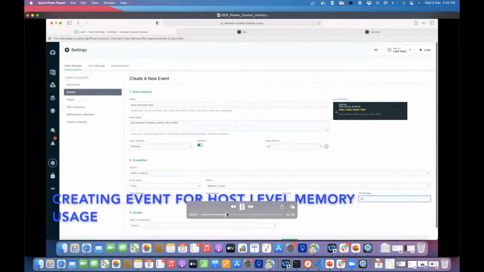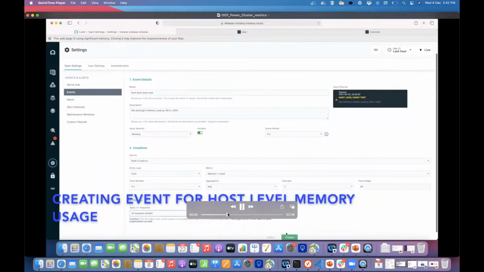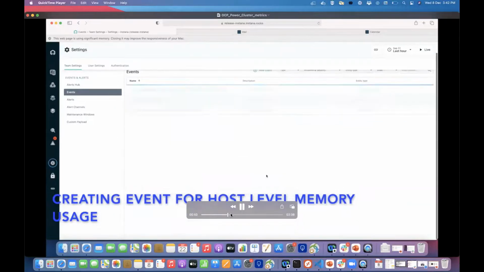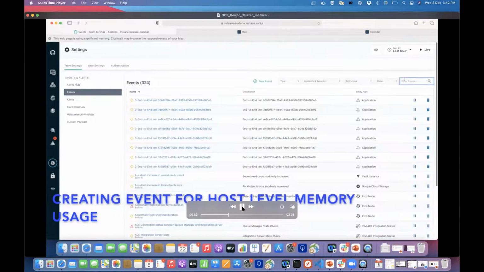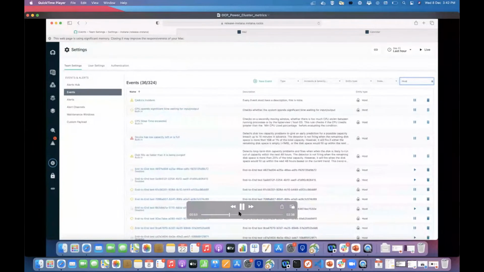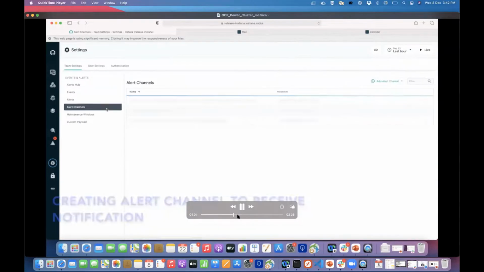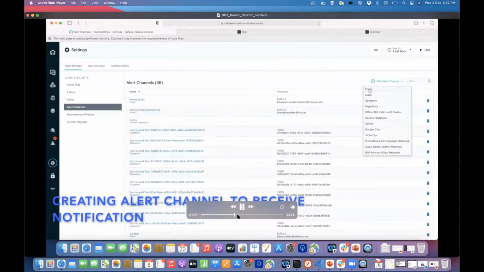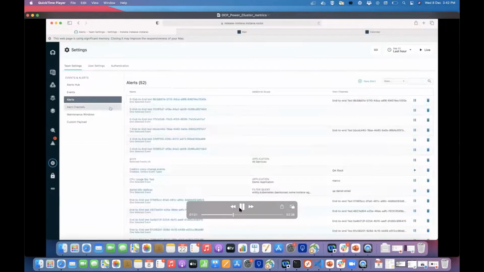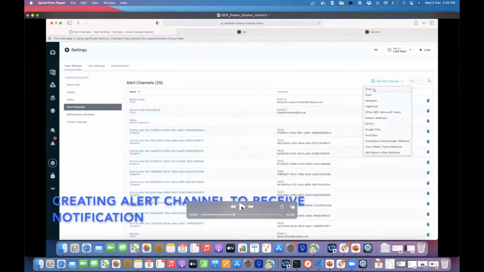So there are different features available with Instana. Now the event creation is done, and I'm adding a channel to get alerts. These are the different channels it supports: Slack, PagerDuty, Google Chat. So we can get the alert from one of the channels.